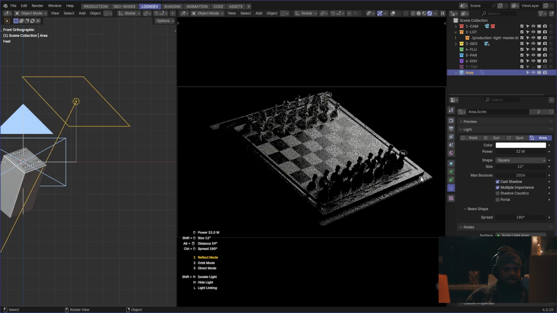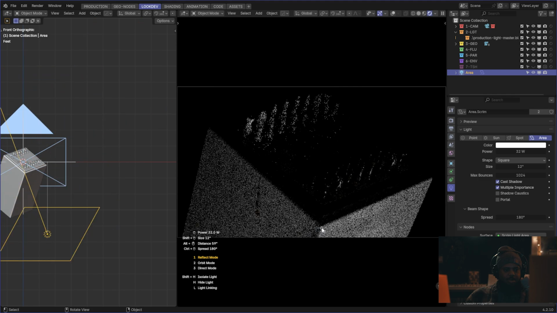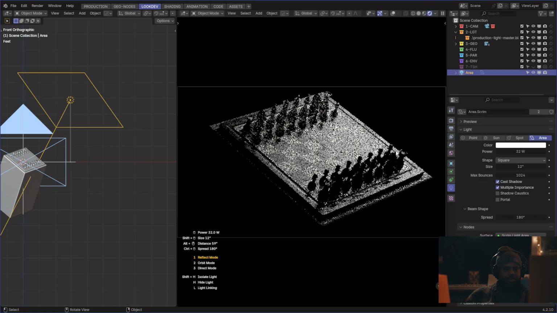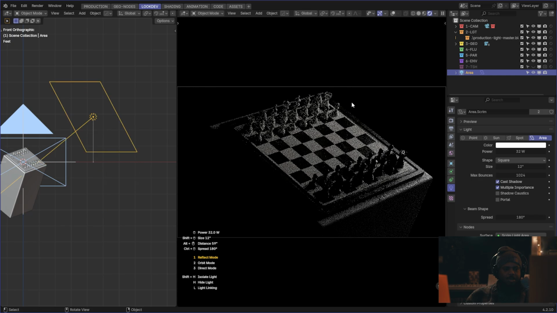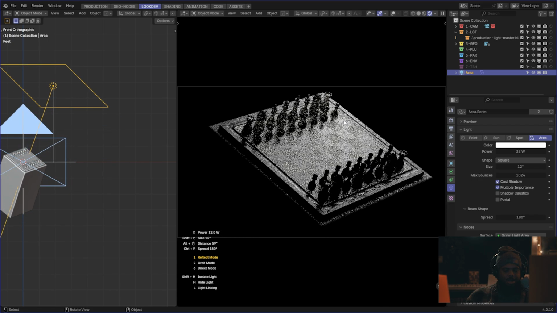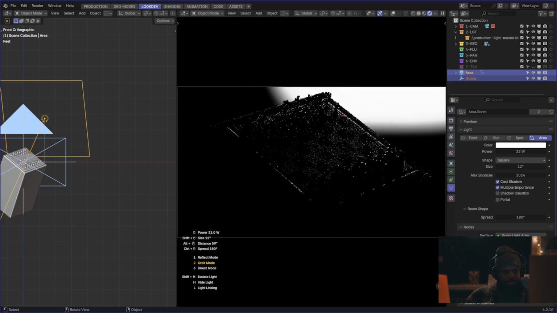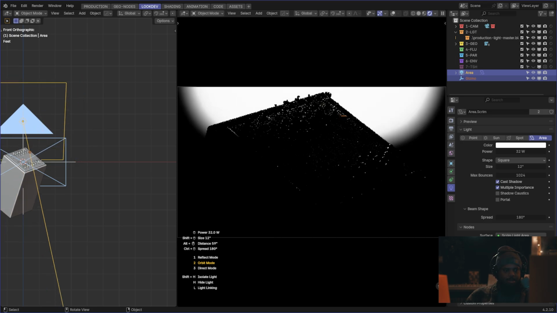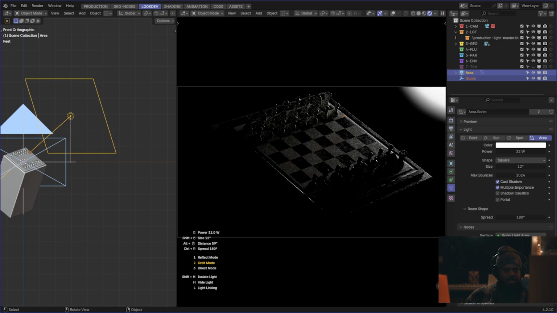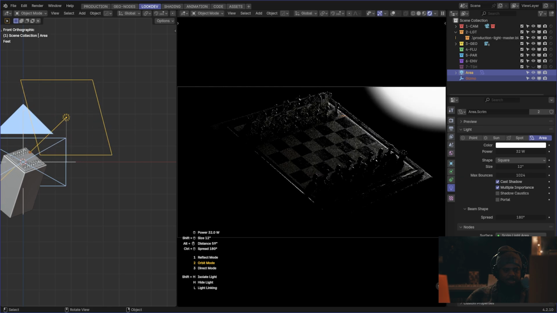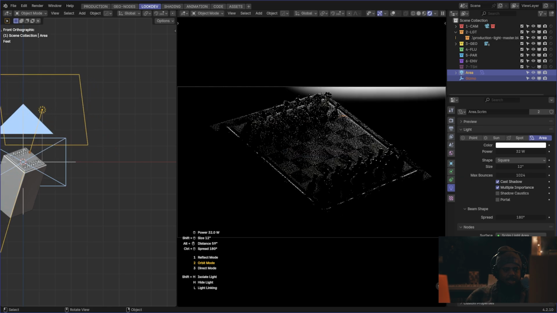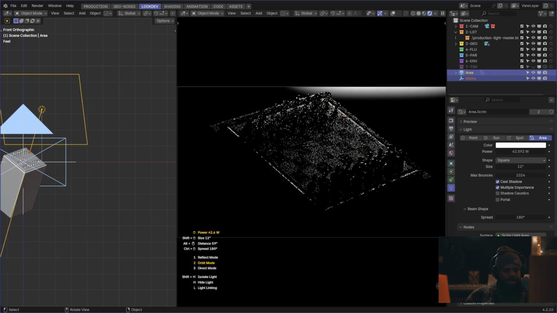Yeah, I can highlight edges really nicely too. So if you guys remember in my other videos, I use Light Wrangler a lot to light stuff. Really handy tool. Love the tool. Every time I jump into Blender, I find a reason to use it because it's just so handy. But anyway,